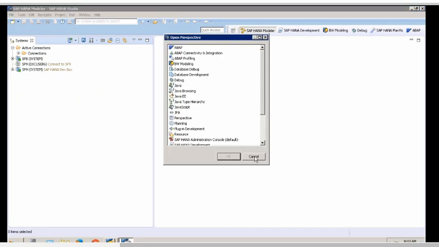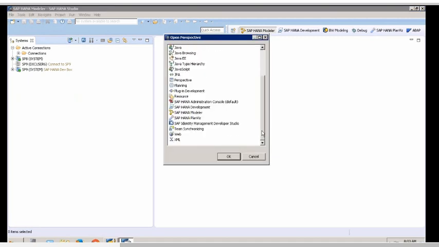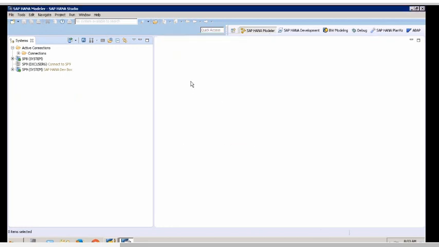When I say open perspective, you see ABAP perspective, BW modeling, HANA modeler, HANA development, debug, all this. And the administration perspective. What SAP does is, if I log into HANA as a modeler, I do all about HANA modeling and I deal with database, HANA modeling, provisioning, all those things. If I log in as HANA native development role, I would create SAP UI5 applications, and I create OData services. I work on that kind of activities.